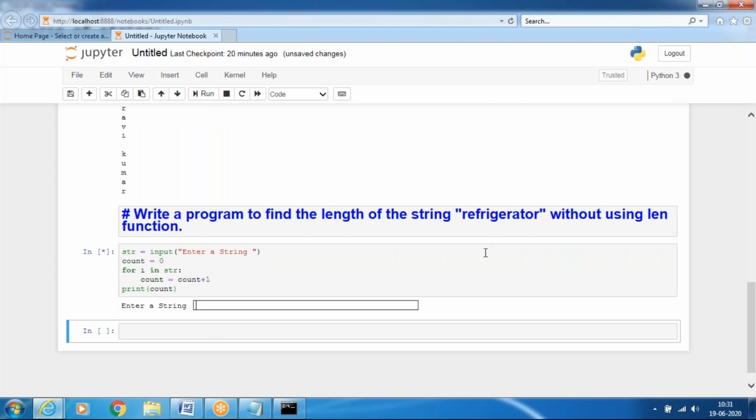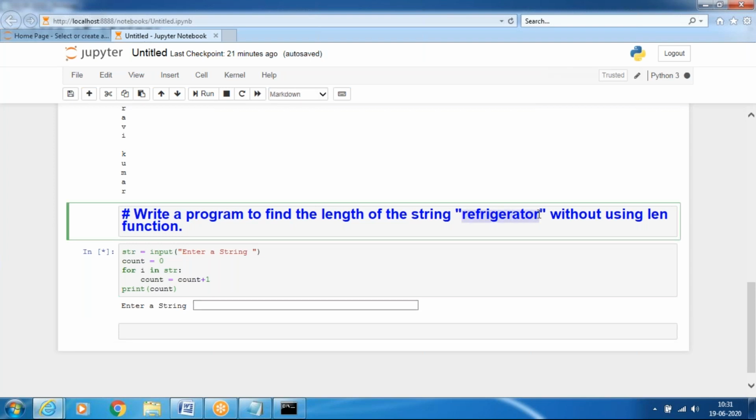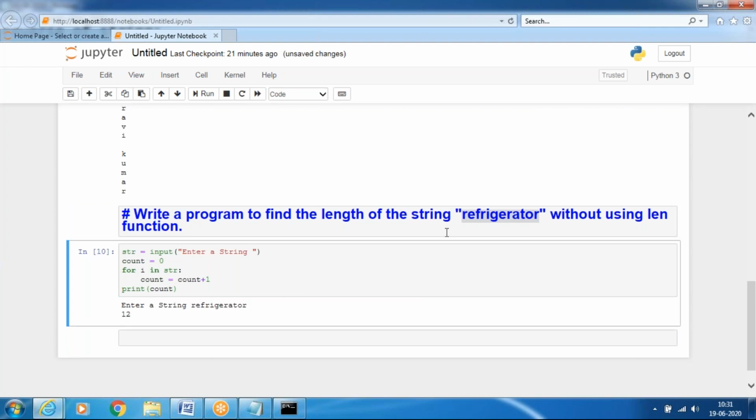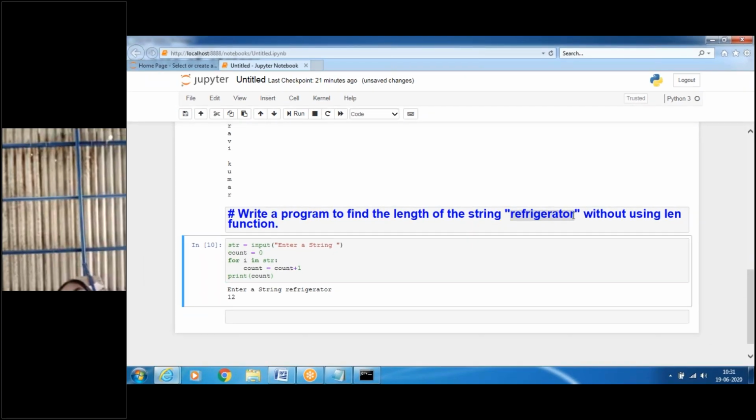So I will use the string refrigerator. Refrigerator, enter. 12 characters: 1, 2, 3, 4, 5, 6, 7, 8, 9, 10, 11, 12.